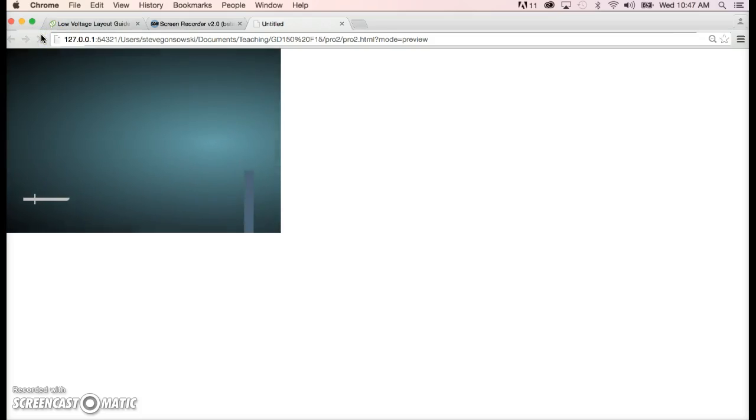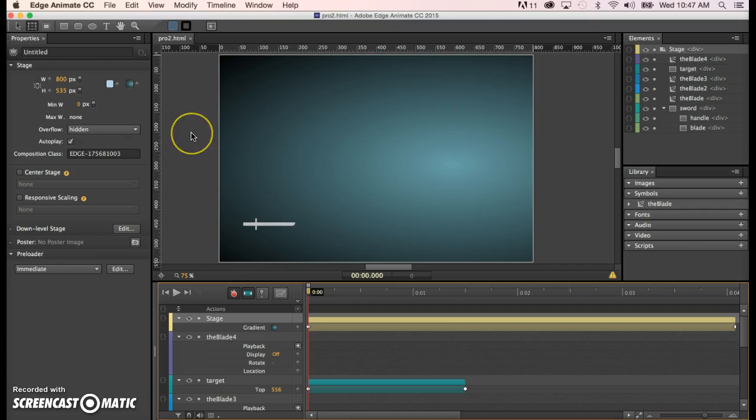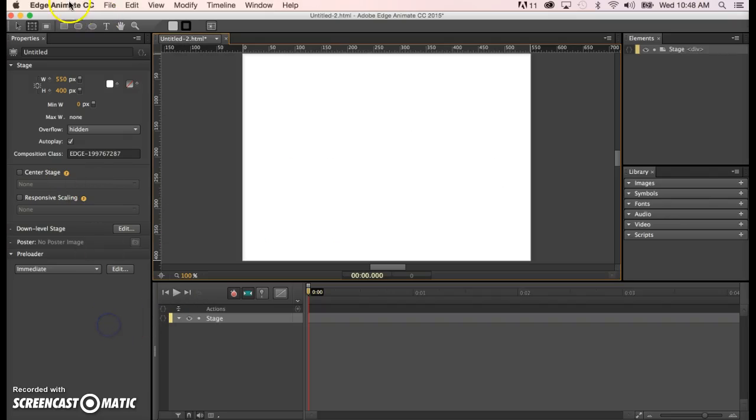And then you probably noticed that the movements, other than that one, all of these take place over a second, but they have some special features known as easing built into them. So let's go ahead and start up a new document from scratch here so that you can start to learn some of these. Okay, stage size 800 by 535,